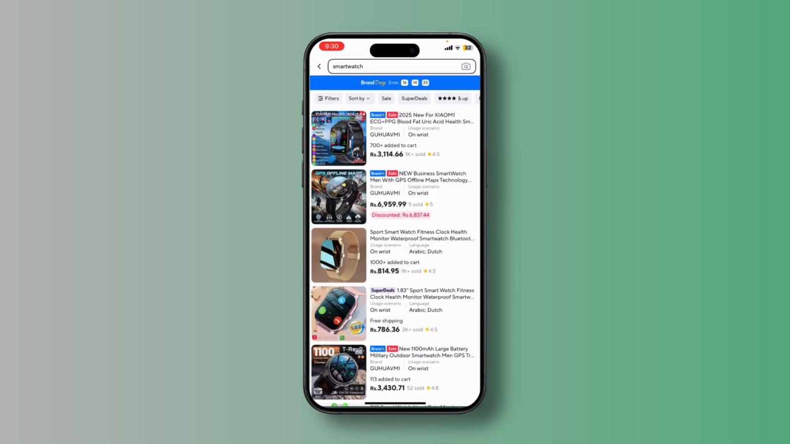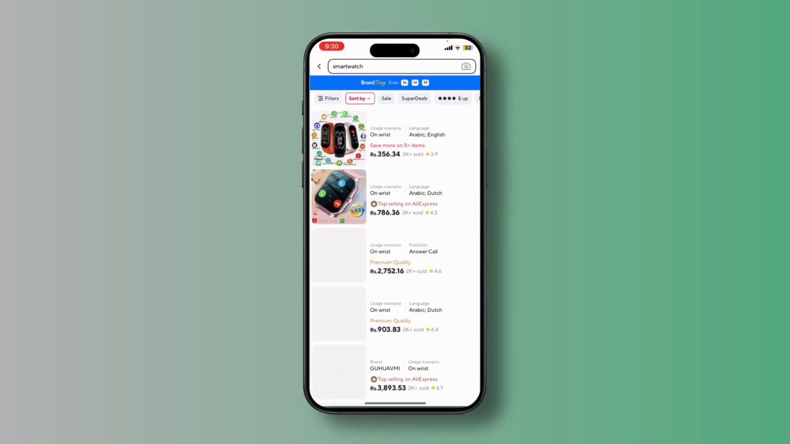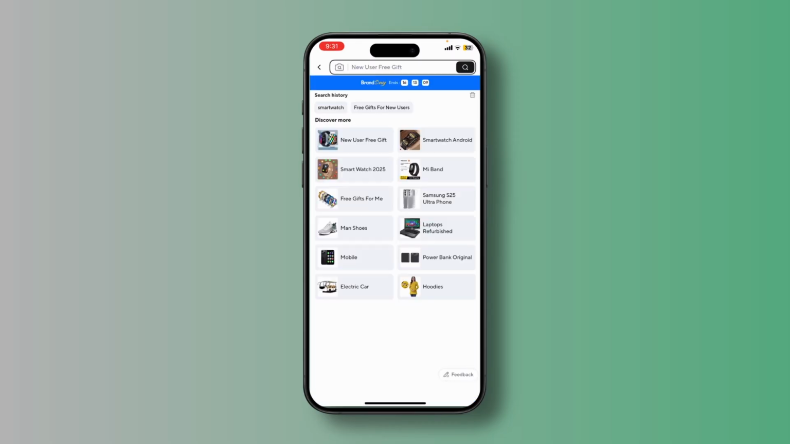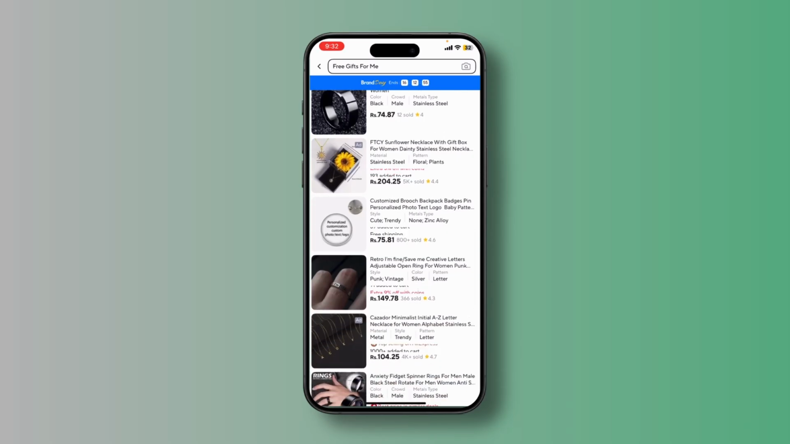You can also tap on the sort option to organize results by the best matches, top sales, low to high or high to low prices, so you are able to choose the option that suits your needs. If you don't know the exact product name, you can just see the discover more option given and browse the product that you like. And when you find the product that you like, you can just simply tap and open